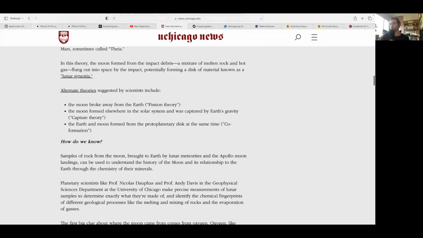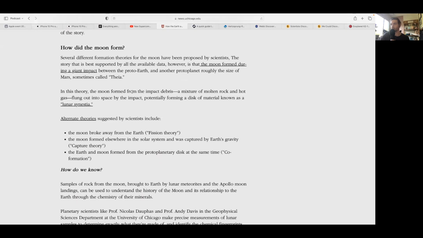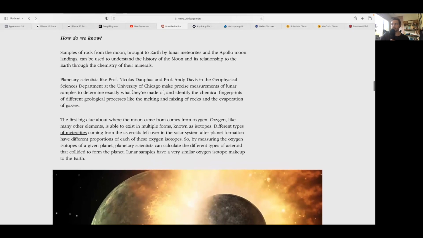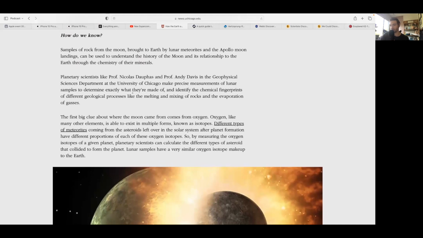How do we know that this particular theory of a collision is the most likely one? What's the data? What's the science? Samples of rock from the moon brought to Earth by lunar meteorites and the Apollo moon landings can be used to understand the history of the moon and its relationship to the Earth through the chemistry of their minerals. Now, this would just be very awkward if they faked those moon landing missions,